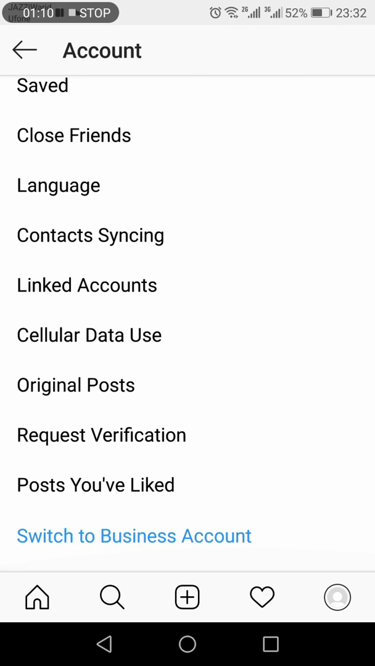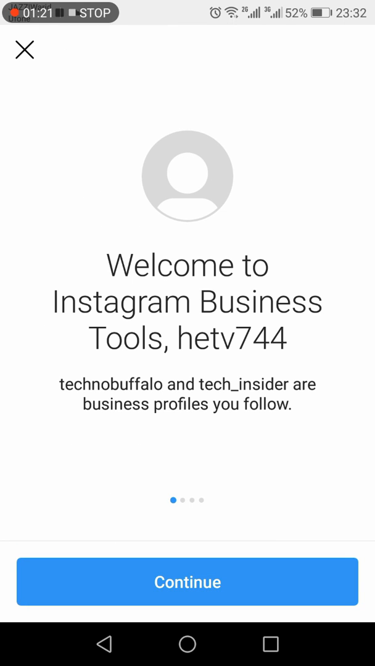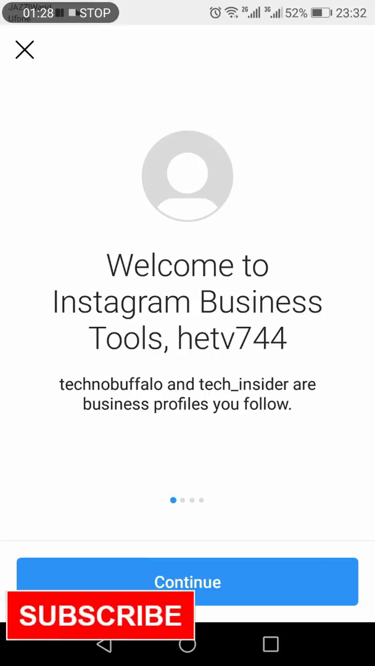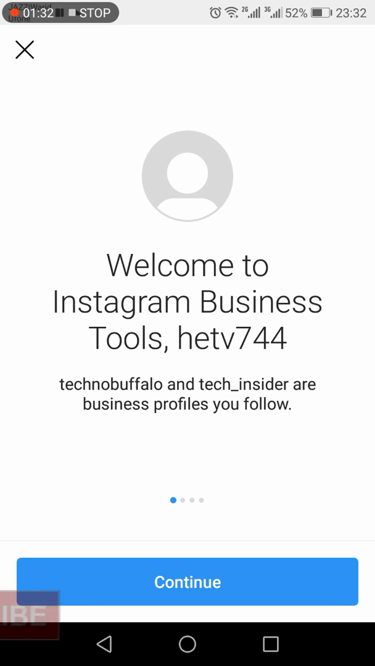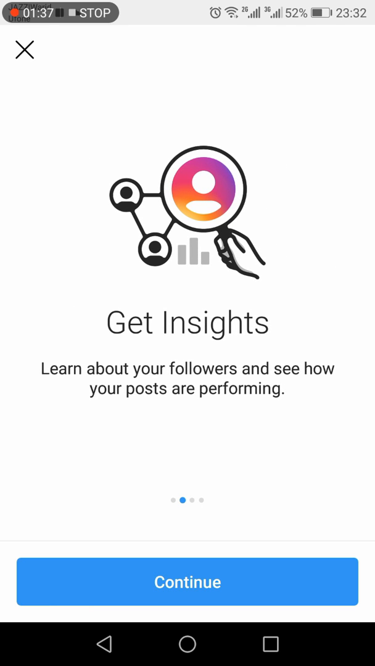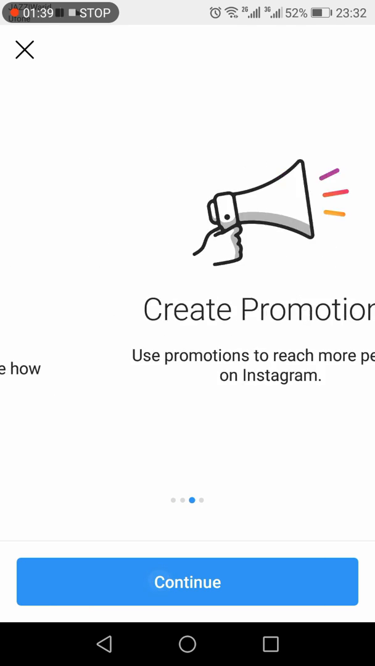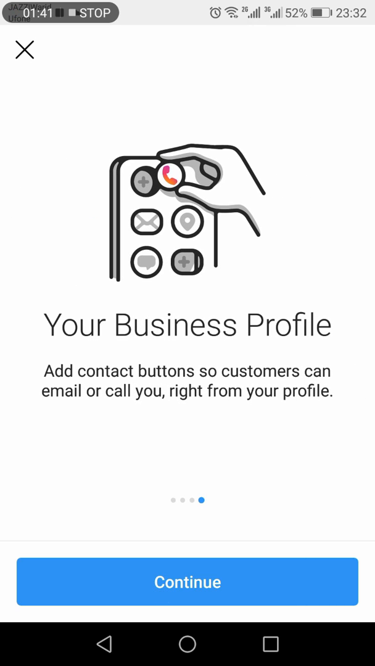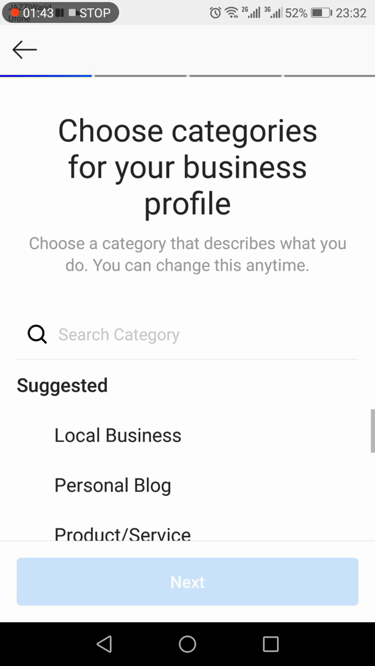and in the account you need to come down at the bottom where you can see that switch to business account is prominently visible. Click that, and it will show you the benefits of having a business account, what all features would be available to you once you convert to a business account. Click continue, continue, then continue, and then here